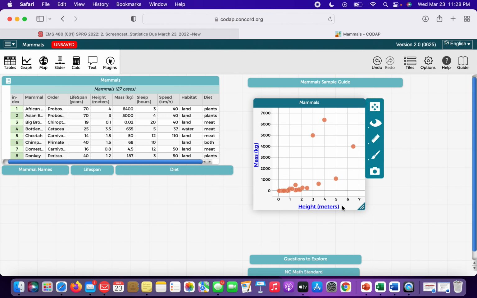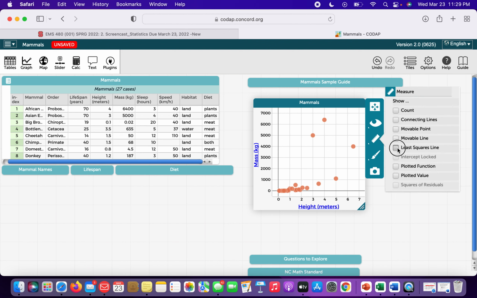So as you can see, this is going to be our independent variable because it's unchanging, and we're going to see how mass reflects height. So this is going to be our dependent variable. Mass depending on height is going to show us this graph. So if we wanted to look at it, we're going to go ahead and put in our least squares regression line. So that's going to give us that